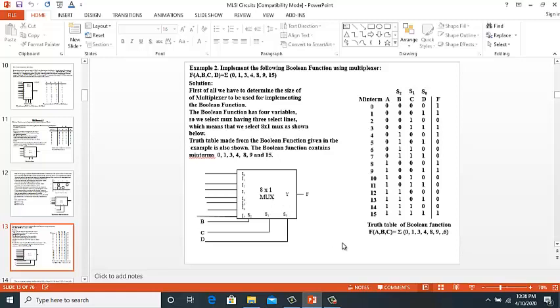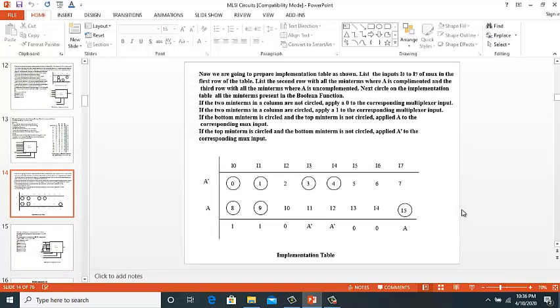Now we go to the implementation table, and we see that it has 4 rows. In the first row we put all the inputs of the multiplexer.